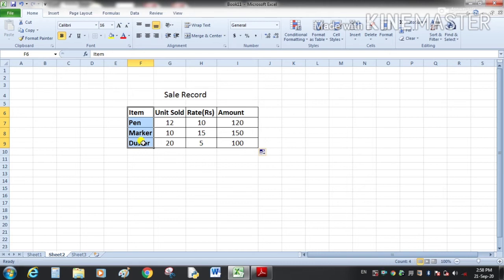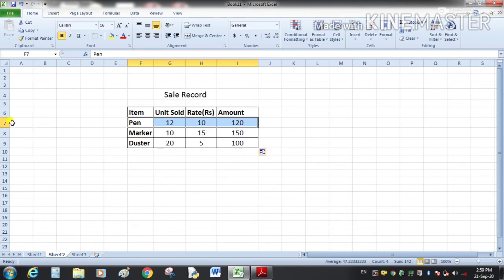Okay, now we will see how we can insert columns and rows in our sheet. Suppose here above this row I want to insert a row. So there are two methods.